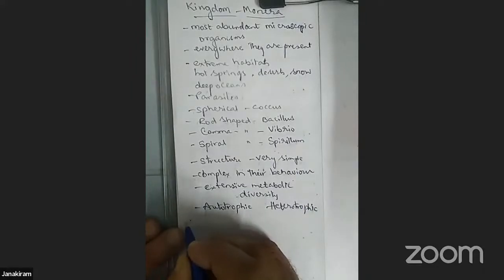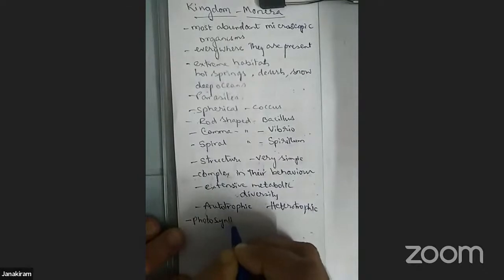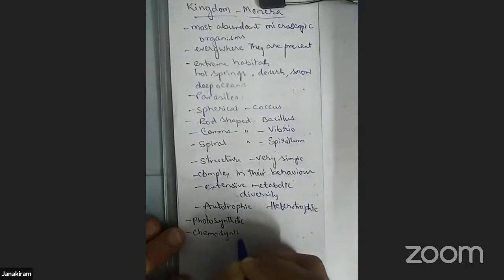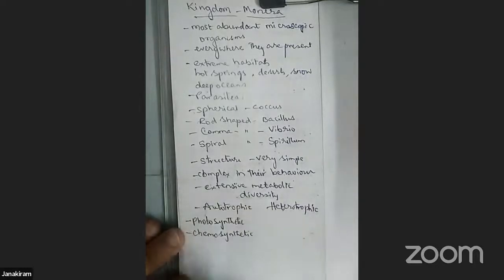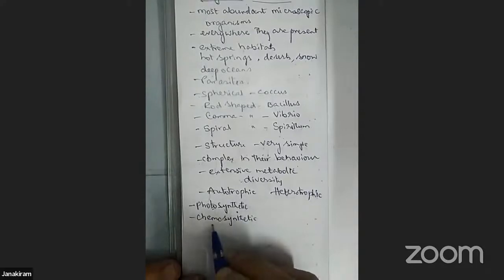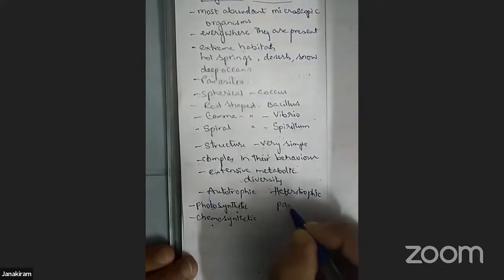In autotrophic also, there are photosynthetic autotrophic and chemosynthetic autotrophic. Photosynthetic autotrophic means they utilize light as a source of energy. Chemosynthetic means they utilize the energy coming from oxidation of chemicals. Then heterotrophic, they may be either parasitic,